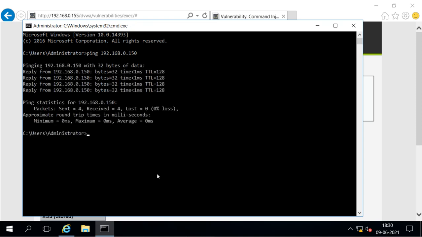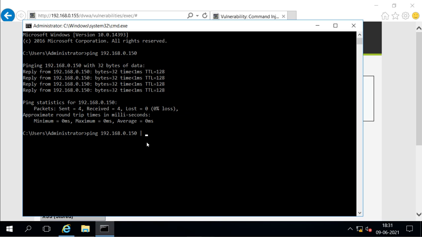The application is configured to run this command, so it can also run other commands. I'm using the pipe option here. On this side of the pipe I'm not mentioning any command, it is fixed for ping. That means the application will only accept the ping command here, but after the pipe, I can give other commands also.